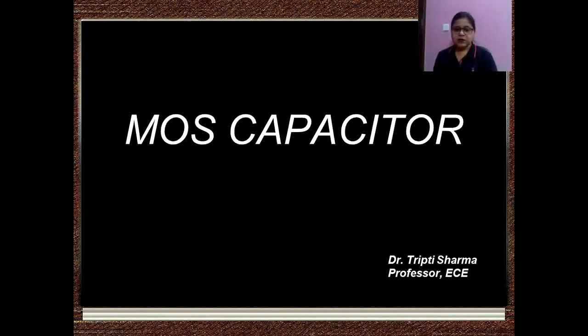Hello once again. We are meeting for this session, and in this lecture we will be discussing the MOS capacitor. Basically, MOS capacitor means that it is a three-layer structure: the metal, oxide and semiconductor. So this structure itself forms a capacitor type of device, and the operation, or we can say the characteristic of this MOS capacitor, is very important to be understood in order to define the operating regions and the operation, and we can say the current-voltage characteristic of the MOSFET later on.